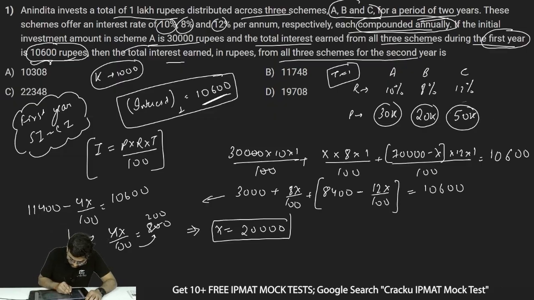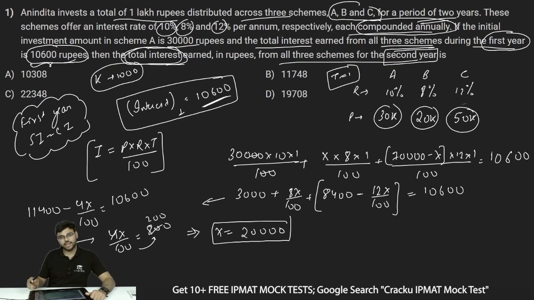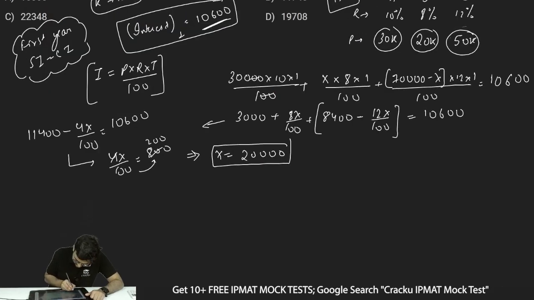We need to find out the total interest earned in rupees from all schemes for the second year. So we know the first year value. Now for the second year, we have to find out the interest earned in 2 years. So for interest earned in second year, we have to find out total interest